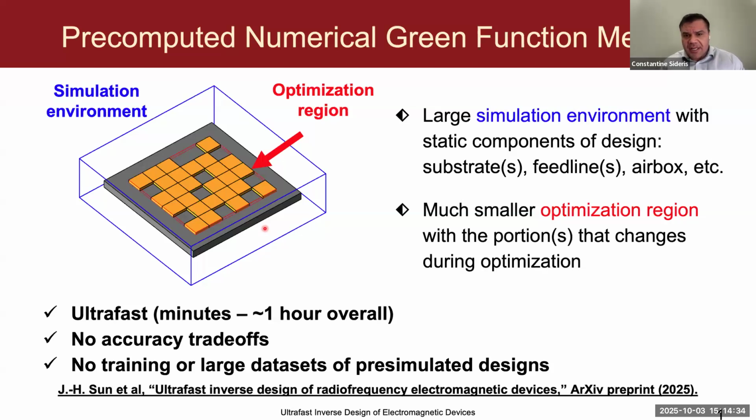The other key thing to note is that once this precomputation step has been done and we're ready to actually evaluate candidate electromagnetic designs, it essentially achieves a similar speed as neural network models. However, it is not black box. There are no uncertainties. The accuracy is guaranteed to match that of the solver used to generate the precomputations. So effectively, it maintains the accuracy of a full wave method while achieving the speed of a machine learning or AI-based approach.